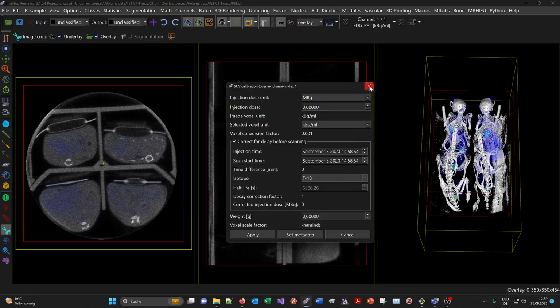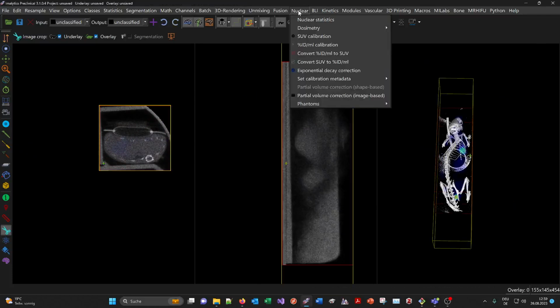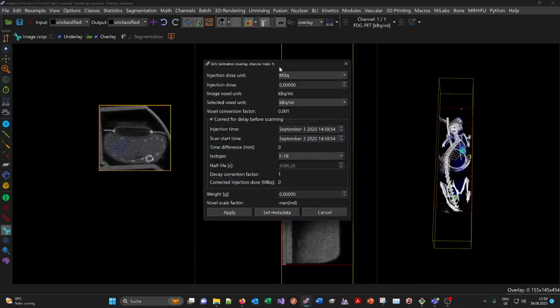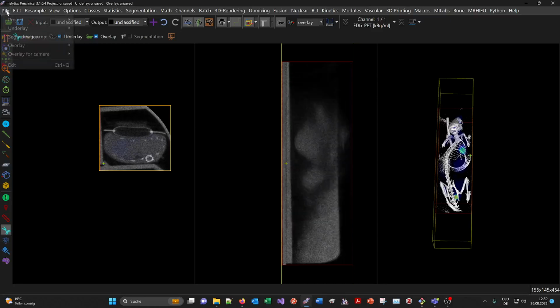But when you cropped one mouse here, like this, you can now enter the metadata here, 6 megabecquerel injection dose, and the weight here, I don't know, 25 gram. And you can set the metadata, and now you can save the overlay, and then you have the metadata in your cropped PET, and that's more convenient for further